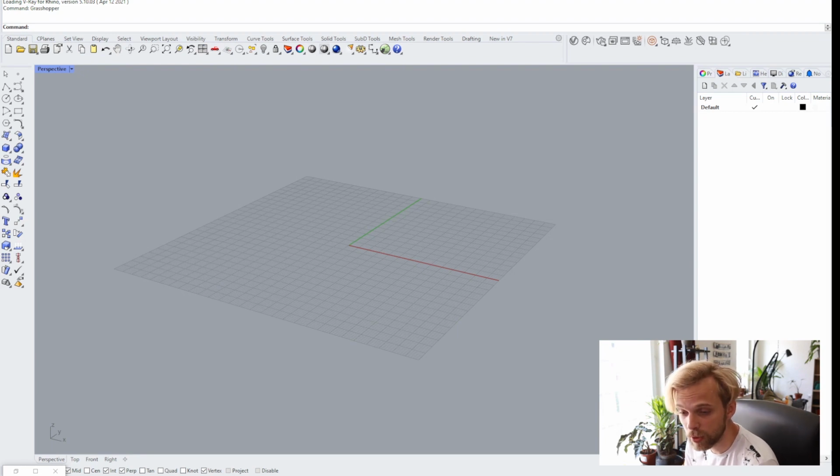Hello and welcome to a tutorial where I'm going to show you how to make snow on trees in Rhino. And it's not going to be just a tutorial that you can only add snow on trees. It's going to be any kind of geometry. It's just that I'm going to be using a tree model as my base to showcase how I approach